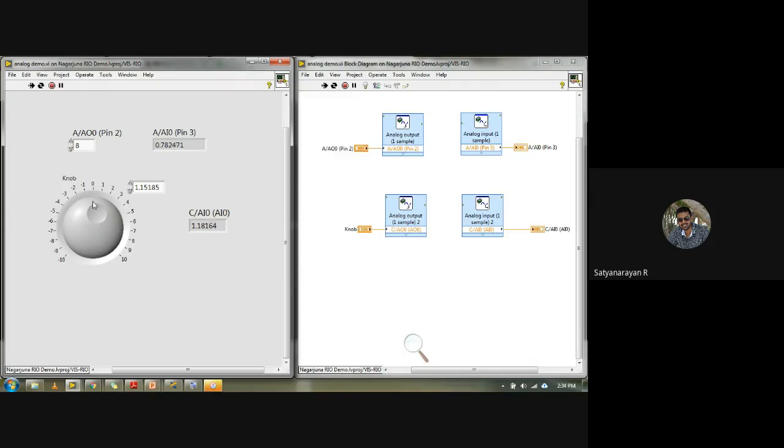In the C port, I'm trying to give 1.15, but you are getting different values: 0.8, 9 and 1.3. They are not matching the data. Why? Because I have removed the ground terminal. You can see you're getting unwanted values, and even if I increase something, it's not actually getting the values.